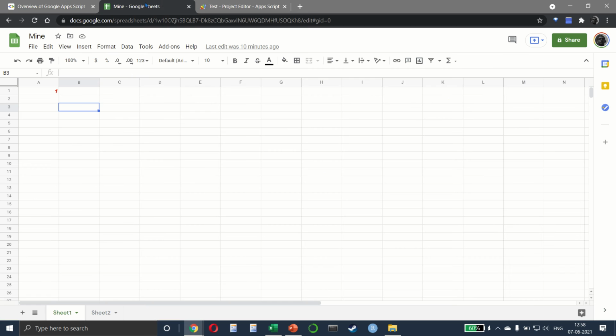I'm sure that all of us have worked on Google Sheets at some point, and even if the bulk of our work happens on Microsoft Excel, there is definitely a use case for Google Sheets in organizations because of the simplicity and the fact that it is integrated so well with other Google applications.